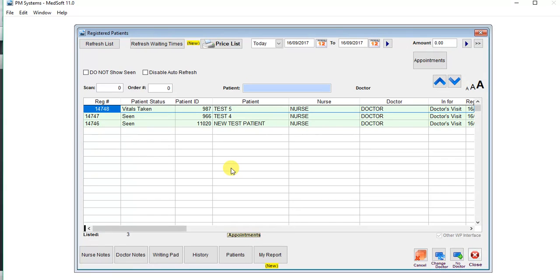Whatever patient has been registered to see the doctor, or has had their vitals taken, or has been seen, a list is accumulated here showing pieces of information such as the registration number, the name of the patient, and the status. This one says vitals taken. This is the example that we're going to use. It also shows the nurse who took the vitals as well as the doctor,